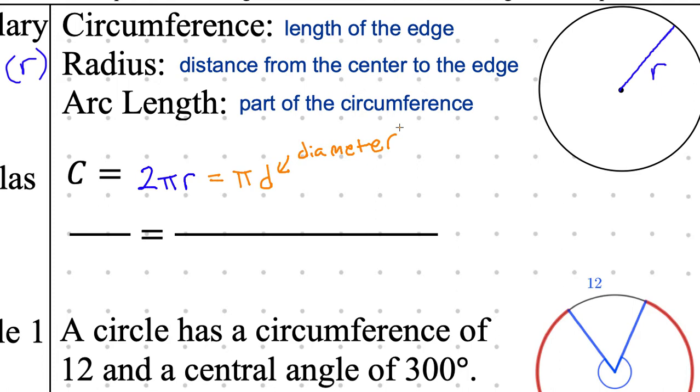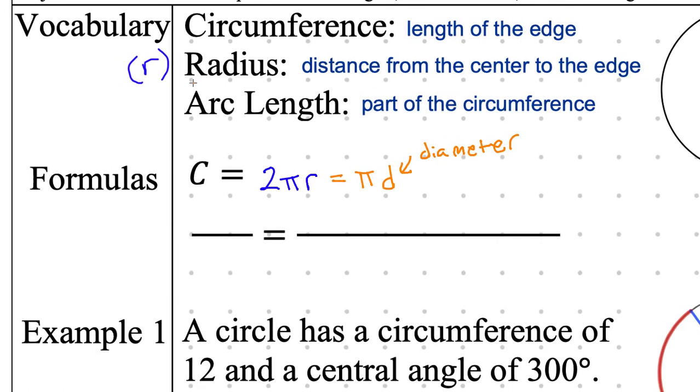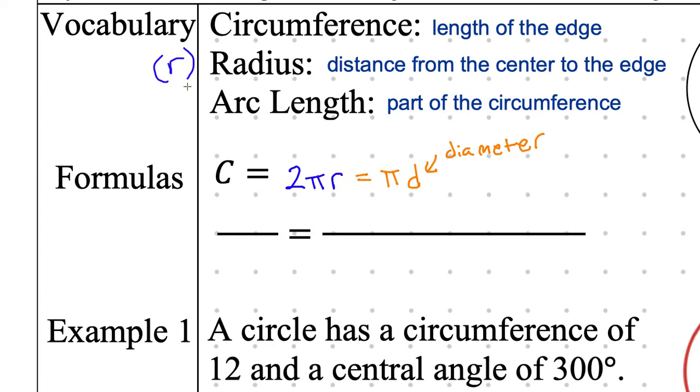All right, so here is your formula. Generally speaking, this is going to be a theme throughout this entire unit, so try to get used to it now. We're going to have tons of proportions. The general proportion is part over whole is equal to part over whole. That's the general theme in almost every single one of these. It's going to be part divided by the whole equals part divided by the whole.